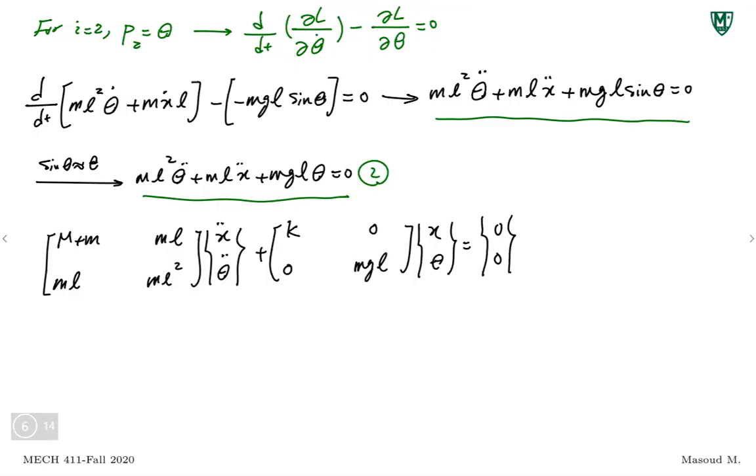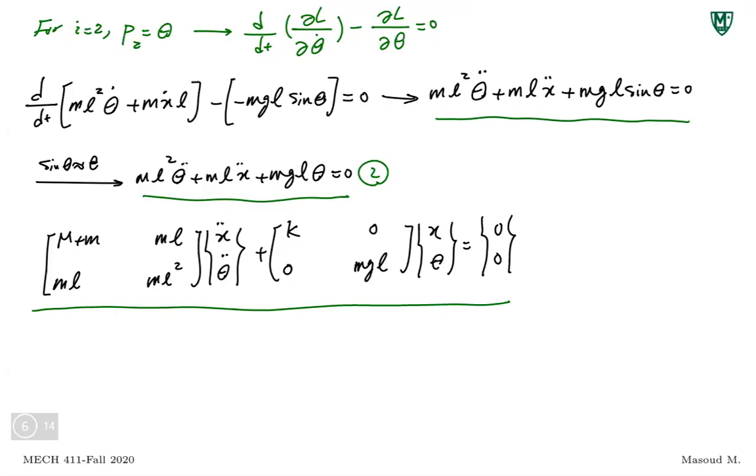And this is the equation of motion. This is the matrix form of the equation of motion for this cart pendulum system. And given that we linearized the system, right, we converted sine theta to theta. We couldn't really write a matrix form for a nonlinear system if we didn't make that assumption that theta is small. So looking at this, now you see the coupling happens because of the fact that my mass matrix is not